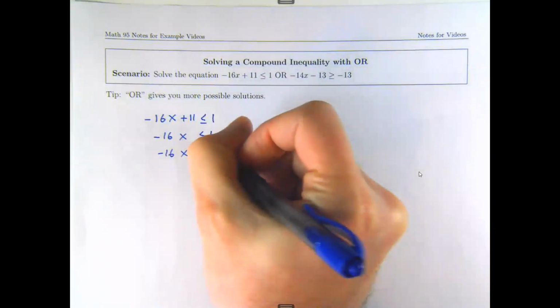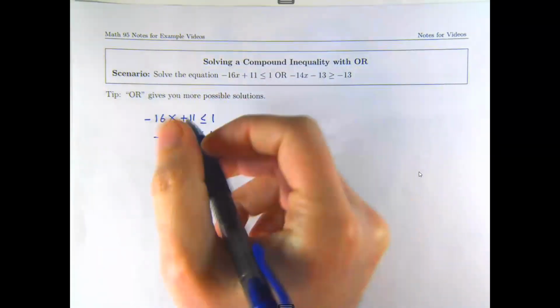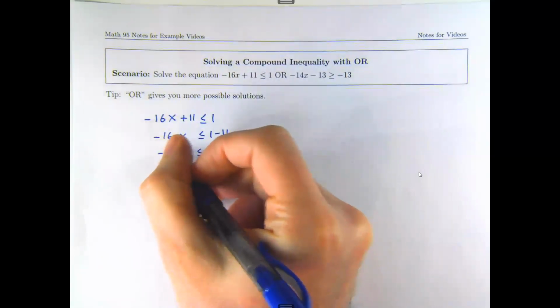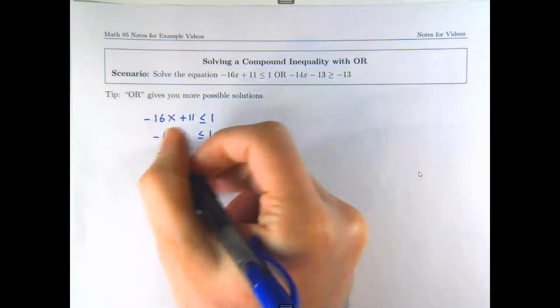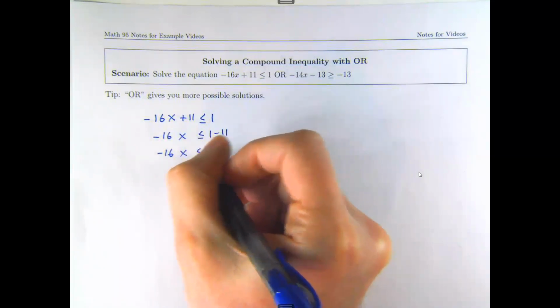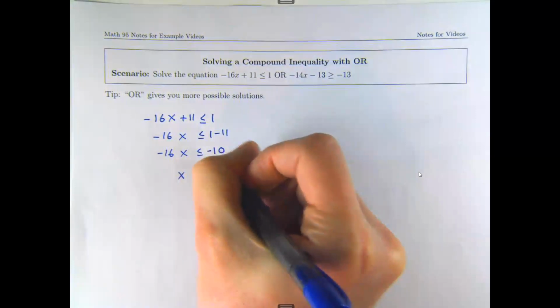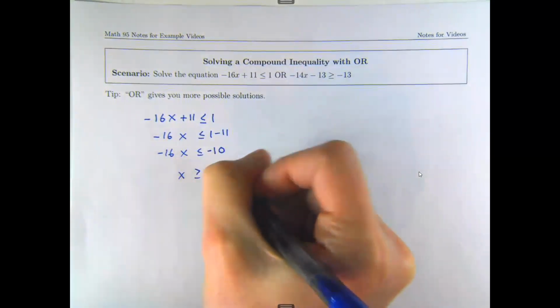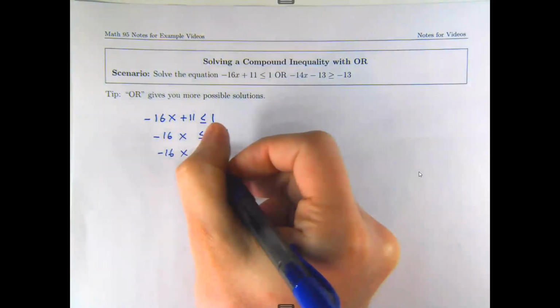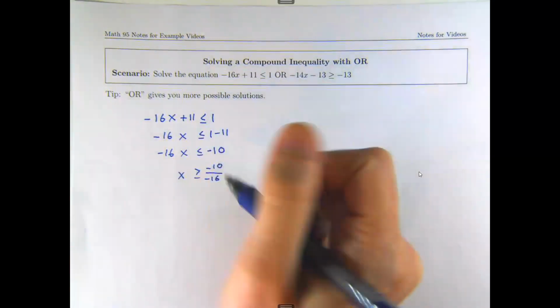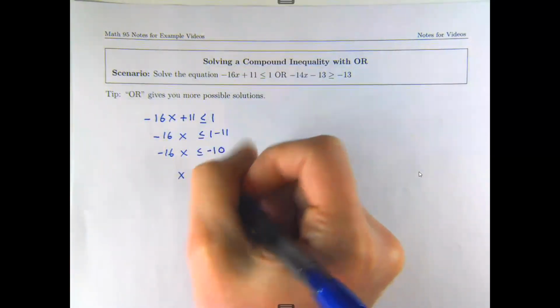One minus 11 is going to give me negative 10. I'm going to divide by a negative. When you're dividing by a negative number, you have to flip that inequality. So I'm going to divide by negative 16, and I'm changing the direction. This was a less than or equal, now it's a greater than or equal. The negatives cancel,